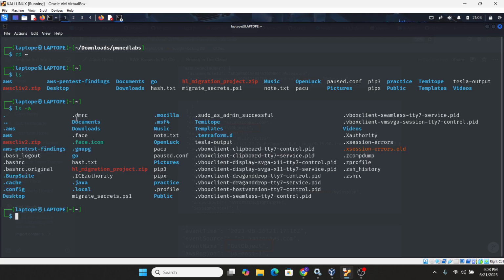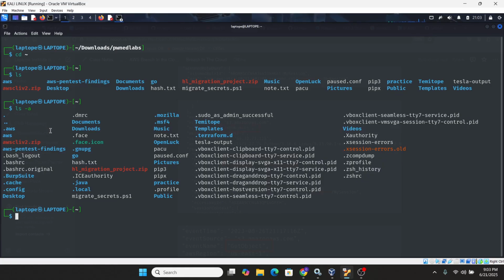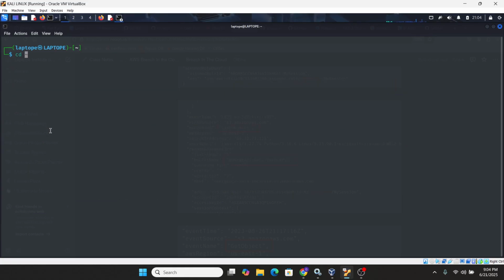This listed all the hidden files, and the hidden files always start with dots. So you can see we have .bash, stuff like that. Now let's find the one with .aws. You can see this .aws, and the color indicates that it is a directory. So let's navigate to that, cd .aws.